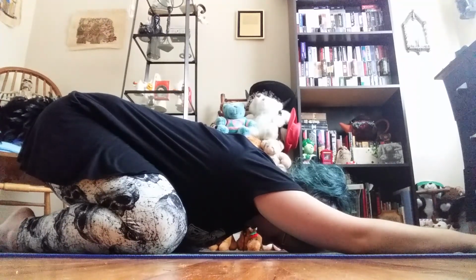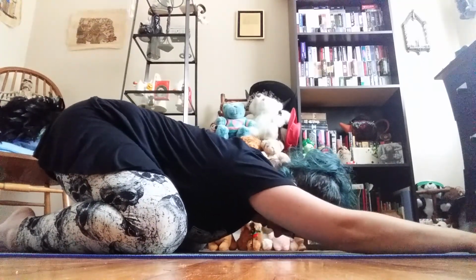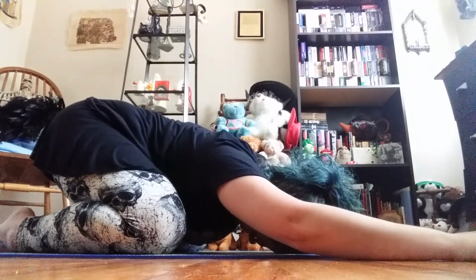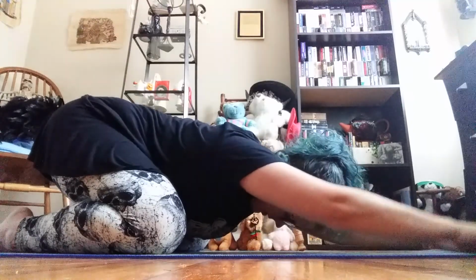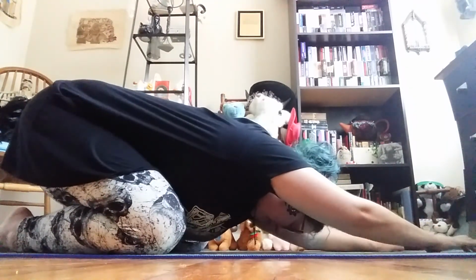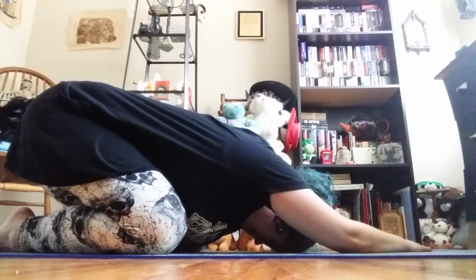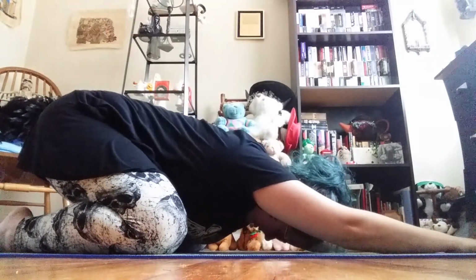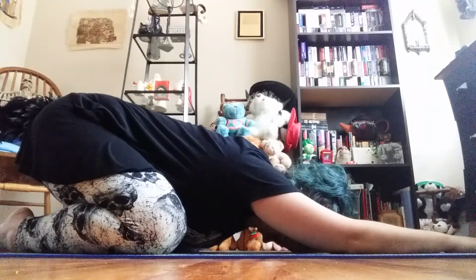Another thing you can do with child's pose is we're going to kind of lean our hips to the left, walk our hands to the right, and then just sink into your upper back. Hold that for a moment, walk your hands back, and bring your hips back to neutral. Now we're going to lean the hips to the right, walk the hands to the left, and sink into that upper back. Walk the hands to neutral, bring the hips back to neutral,